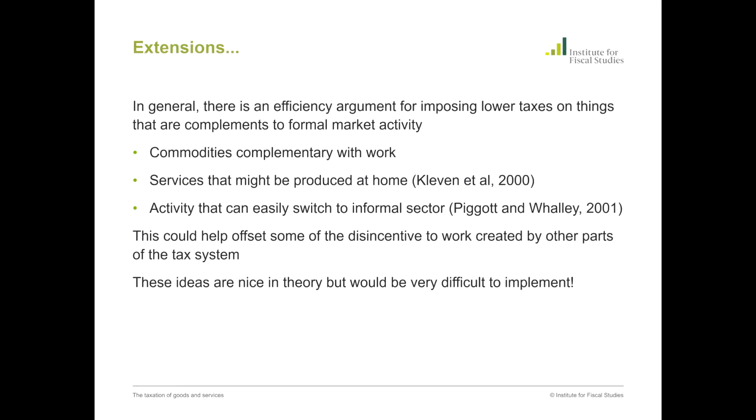As I said, tweaking the tax system this way might help us offset some of the disincentive to work created by other parts of the tax system. This is all quite complicated, so it may be hard to implement in practice, but in theory, this does provide a rationale for tweaking the tax system. So returning to this example, although I've just said that food products such as bread are complements to leisure,